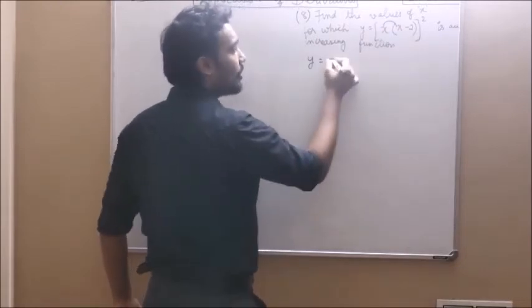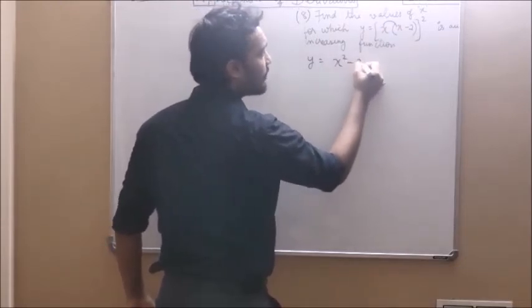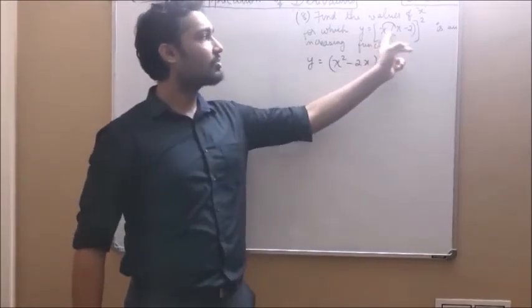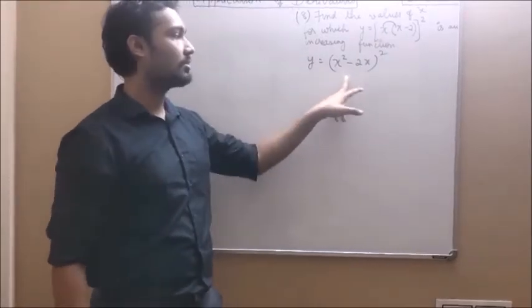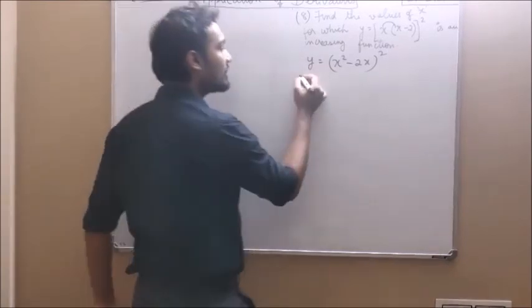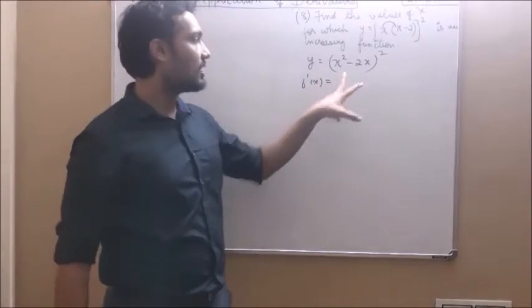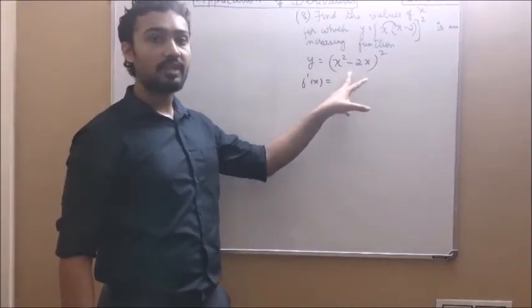We have y equal to x into (x minus 2) the whole square. Multiply this out. What do you get? x into (x square minus 2x). We have multiplied x into x square, and x into minus 2 is minus 2x. Now differentiate this, f dash of x. This is a composite function, so we are applying the chain rule.